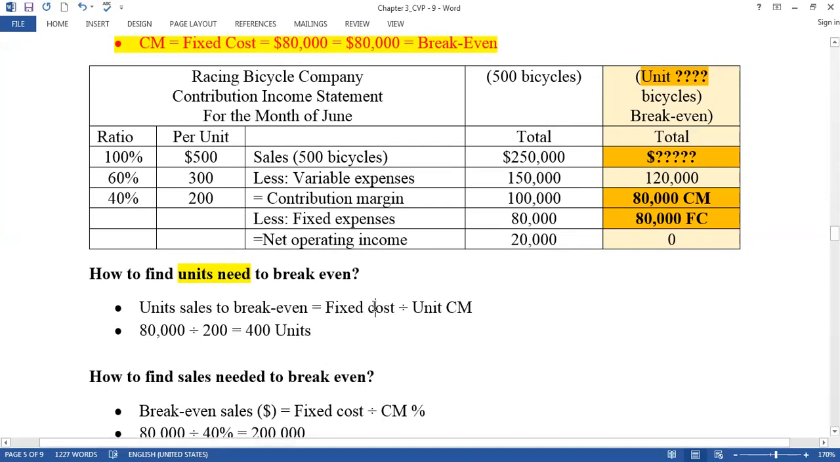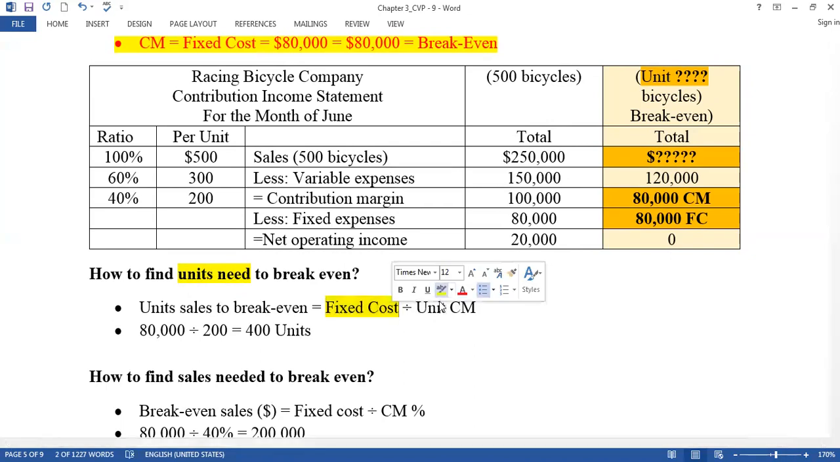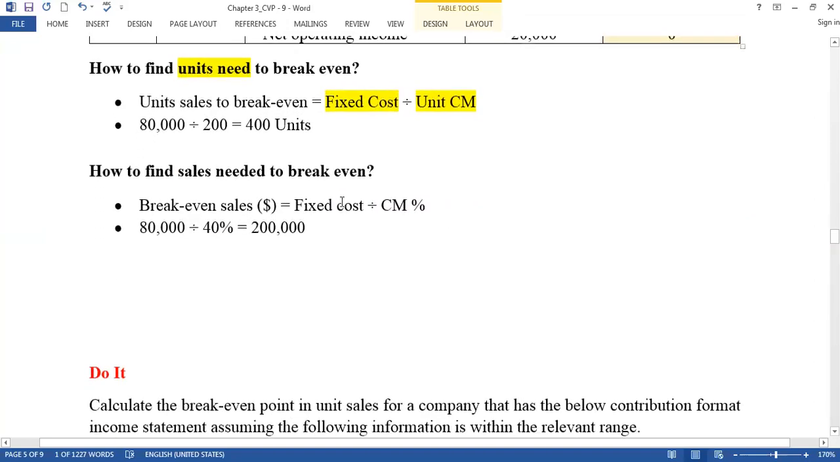Fixed cost is common. If you want to know units, then it is CM unit. So the formula is fixed cost divided by CM unit. Clear? If I want to know the dollar amount, the formula is fixed cost